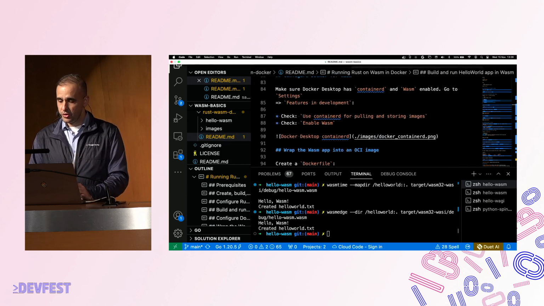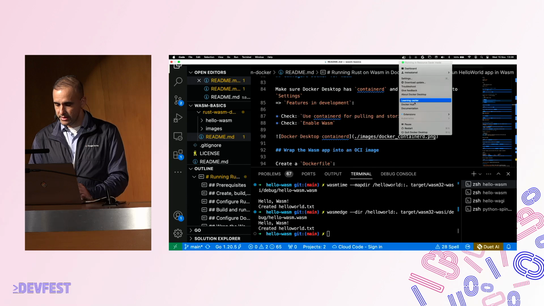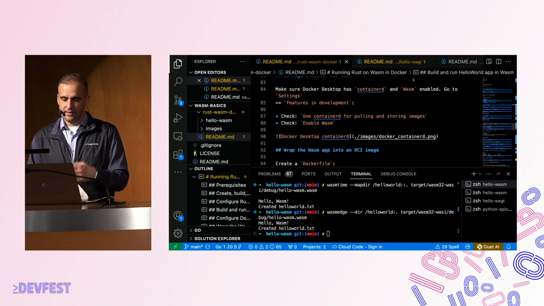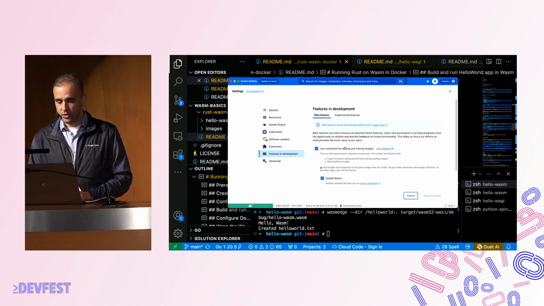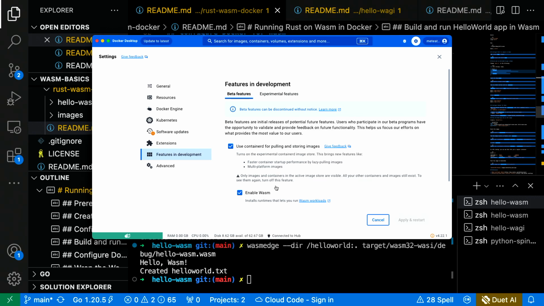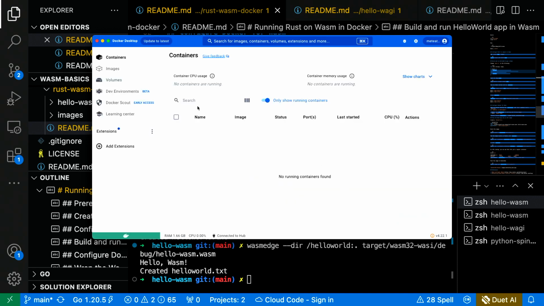In Docker, you need to go to your settings and enable some experimental WASM things. Under features in development, you need to make sure that containerd is enabled, and you also need to enable WASM here. This enables the WASM runtimes on Docker. You also need to make sure that you're on the latest version of Docker, because the earlier versions don't seem to work that well. So once you have that,